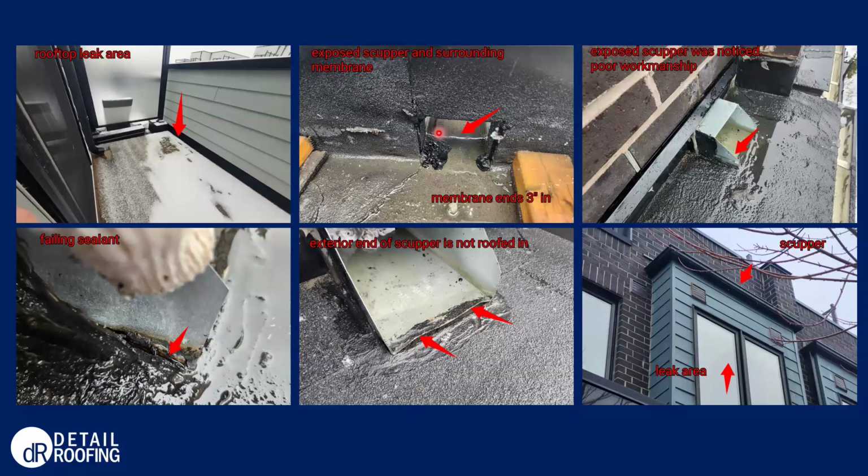In this photo, it's hard to see, but the membrane also stops a little short here, allowing another water entry point. So especially with the amount of snow and ice that had built up in this area, it makes sense that with these deficiencies it was leaking into the area directly below. So upon that return visit, we were able to access the area, dry it, apply temporary repairs, and provide further recommendations.